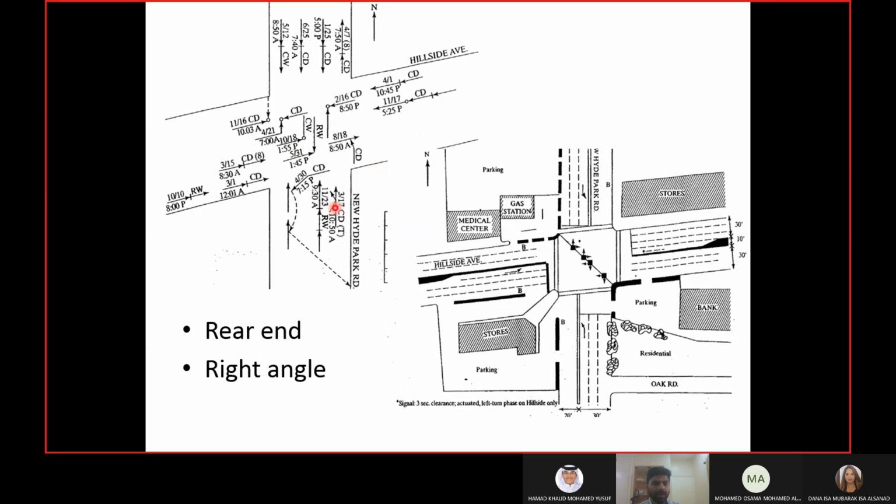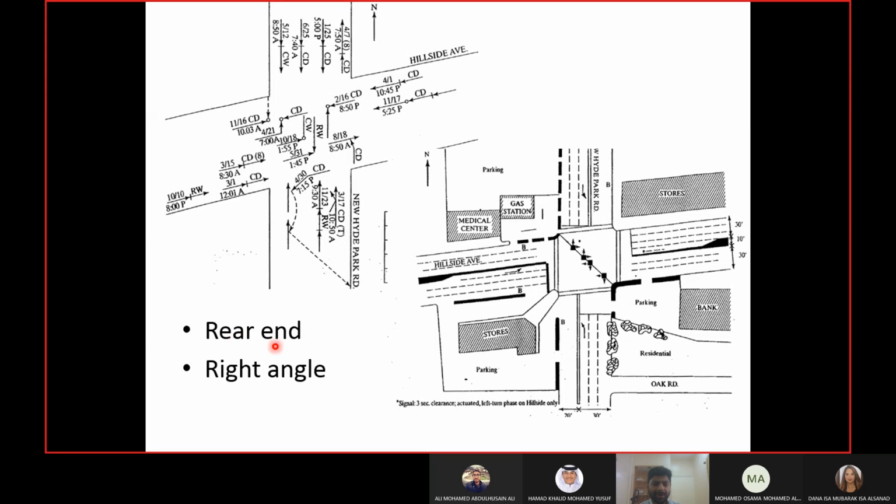Okay, because the others are very few. You have one side swipe, one with a pedestrian, which is the other angle. There's one here. The rest of them are all right angle or rear end. Okay, this is very, very simple. Now let us take them one by one and we will answer the three questions which we had.